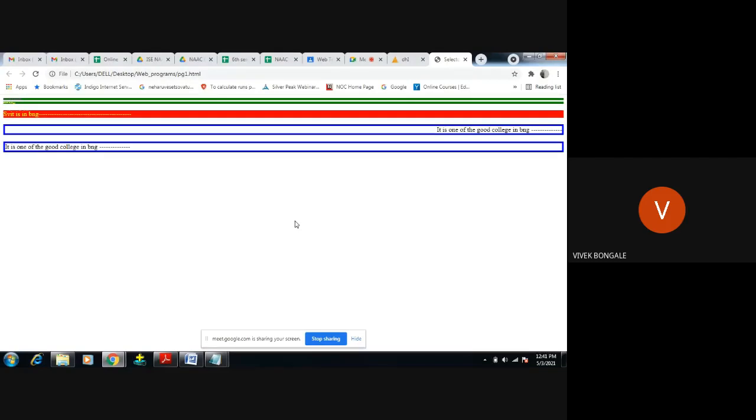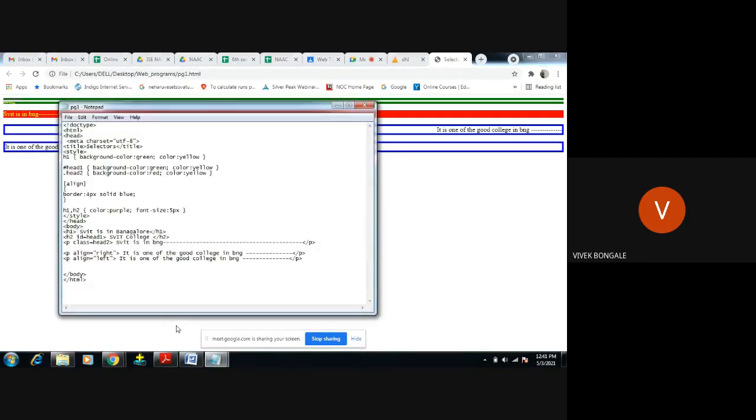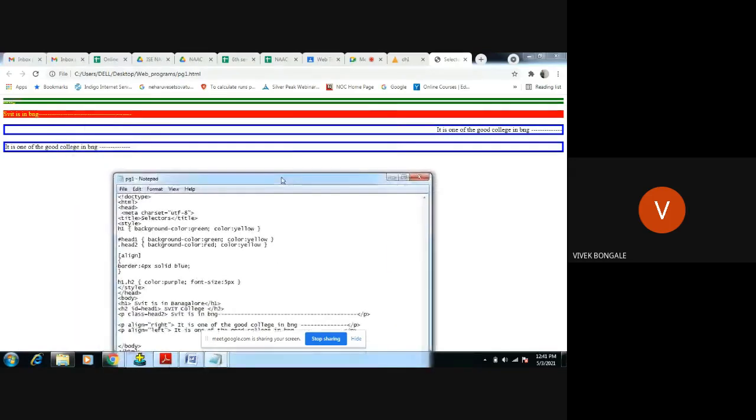Right. Where is that? Program one, right? See, h1 SVIT is in Bangalore. So what I want to apply is the color. Okay, it's not possible because in h2 we have given an ID. Let's try to just remove this one.